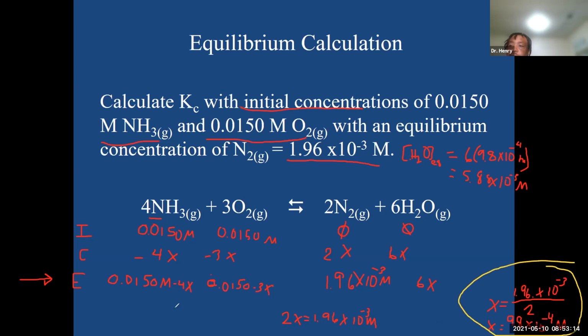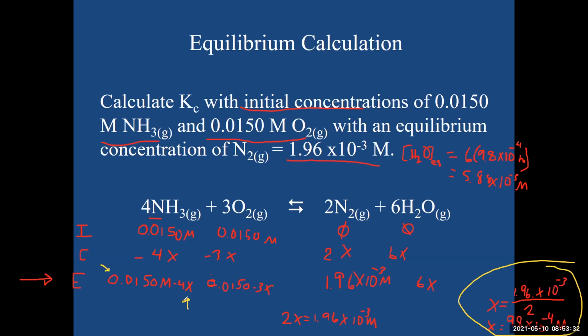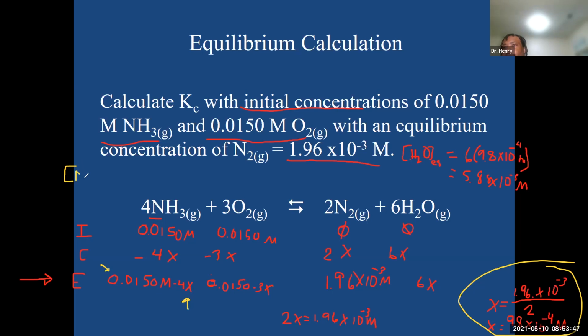Okay, so I know the value of X. Can I calculate the concentration of ammonia at equilibrium by using this equation, if I know what X is? Yeah, you would just plug that equation into X. Or I plug X into that equation. Okay. So then the concentration of ammonia at equilibrium is going to equal